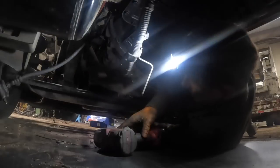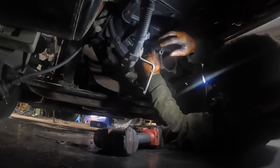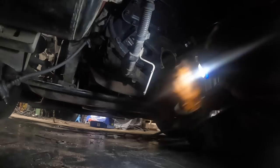Well, I lost my rhythm there. Yeah, you kind of have to have a little bit. I got one of them extensions that's got the wobble end on it because of the angle. So anyways,